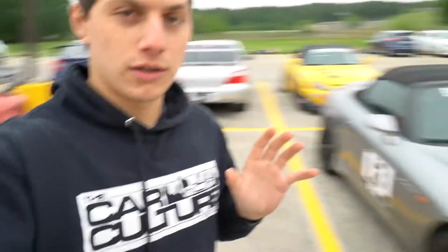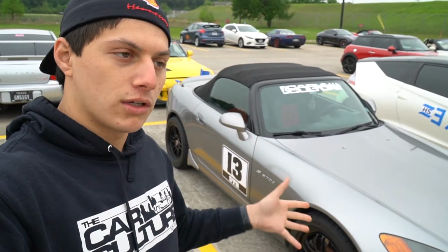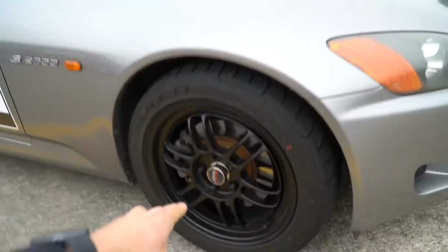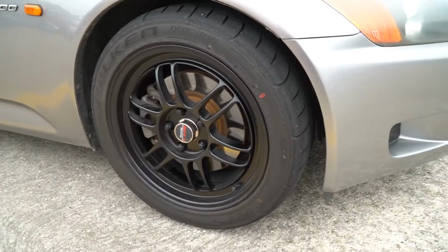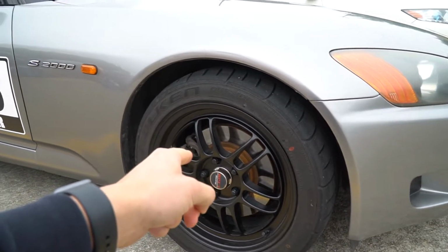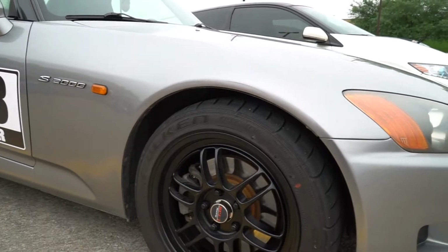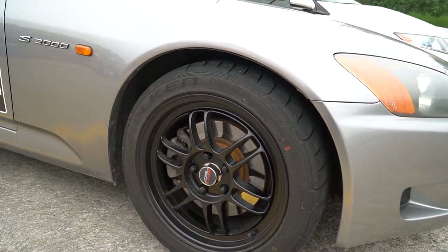I've installed not a good amount of mods, but I've done a good amount of preventive maintenance and some mods as well. Let me walk you through it. I just got the new wheels, the RPF ones. I'm running 17 by 7.5s in the front, 17 by 9s in the back. Tires that I went with are the Falcon Zinis, and they are the